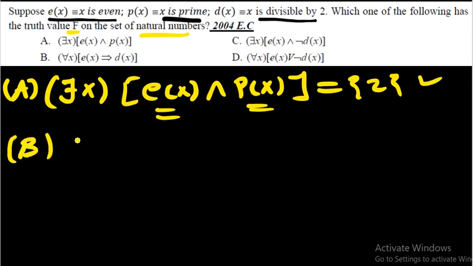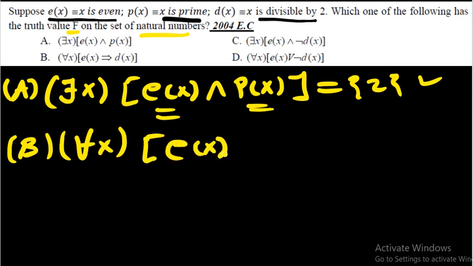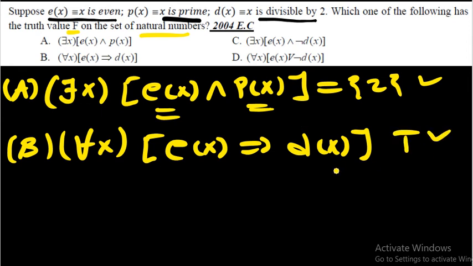Choice B, for all x, E of x implies D of x. What does this mean? Every natural number x, if it is even, then it will be a multiple of 2. That is again true. Every even number is a multiple of 2. That is correct. Choice C, there exists x,